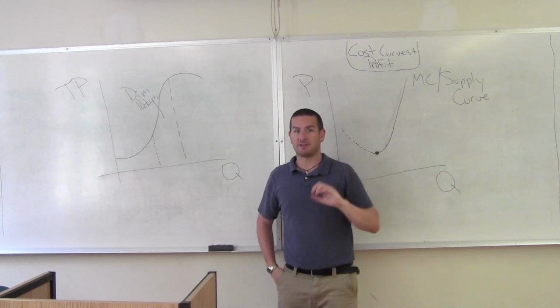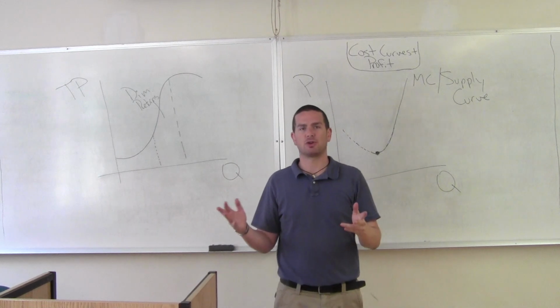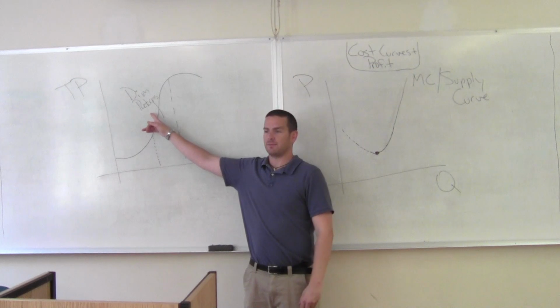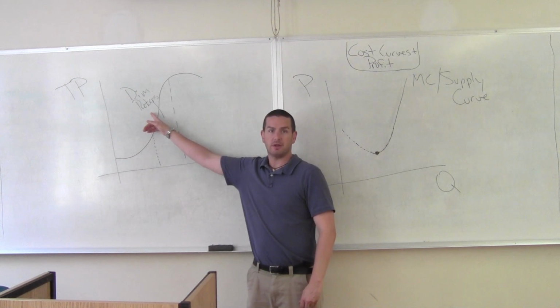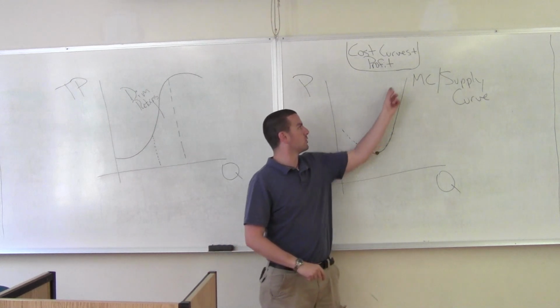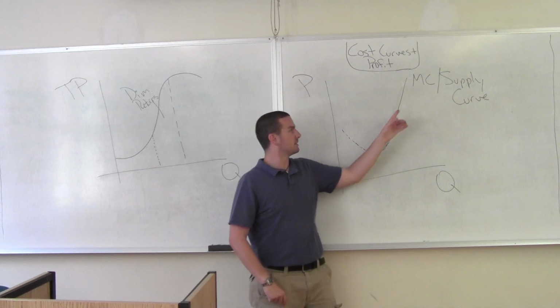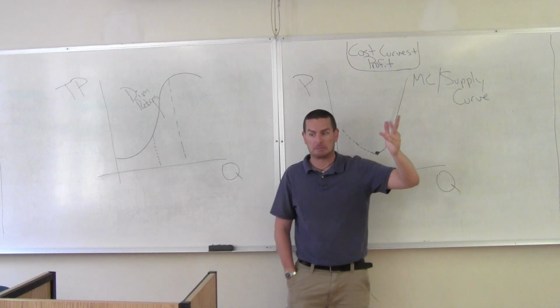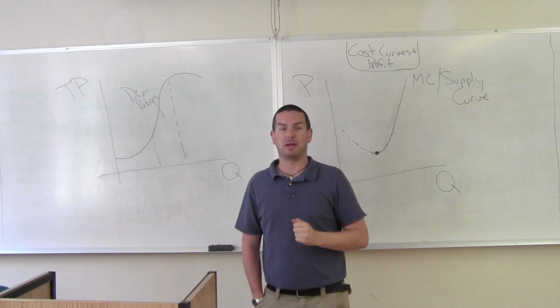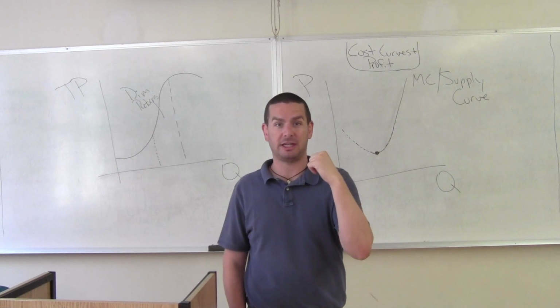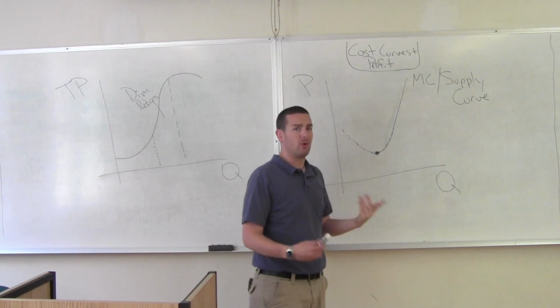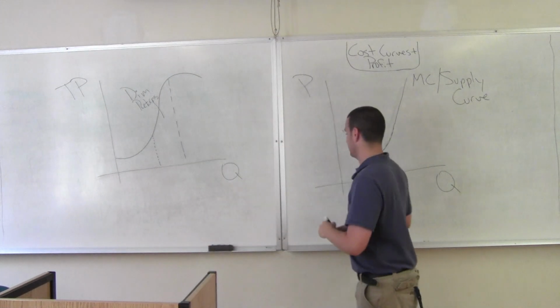And Sraffa said, hey look, there's no such thing as marginal products, which means you don't have diminishing marginal returns, which means there's no such thing as a marginal cost curve, which means there's no such thing as an upward sloping supply curve. That's a big issue for neoclassical economics, right? Because the whole point of neoclassical economics